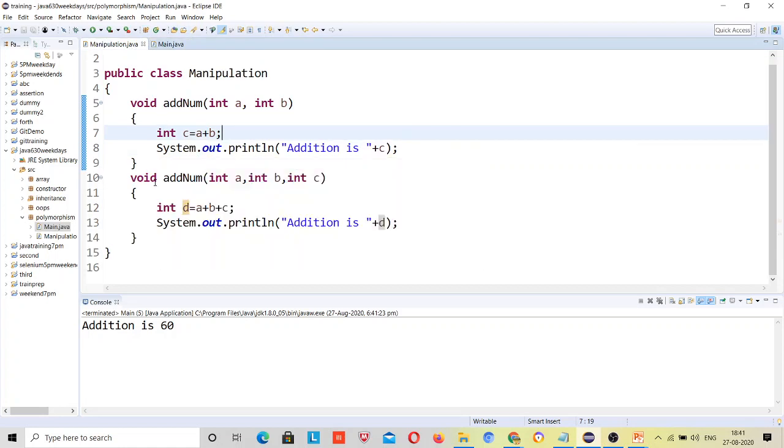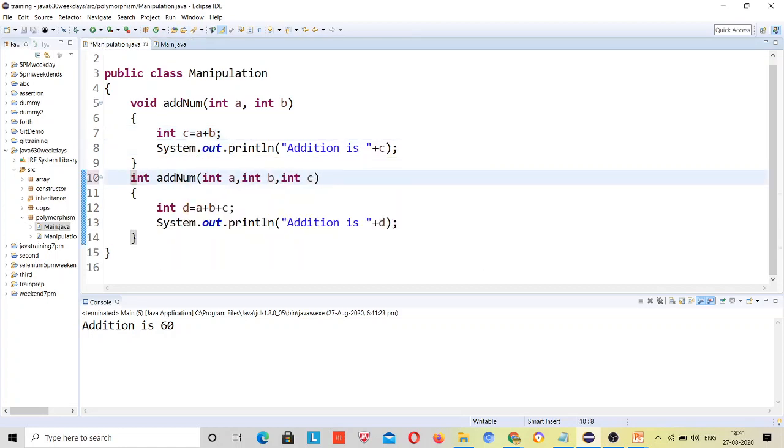Now can I make it integer? The return type may be any type, but why can we not do it? Because you can see, we have to add a return statement. Because of the type integer, the first thing is that we have to return d, so it will add these values.